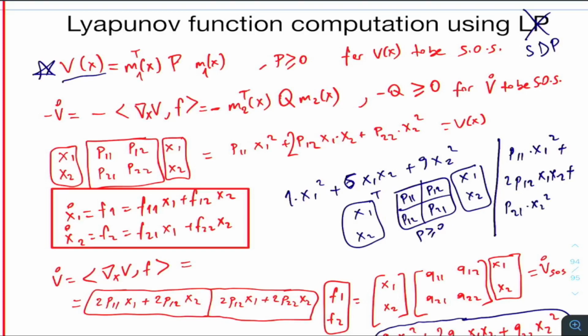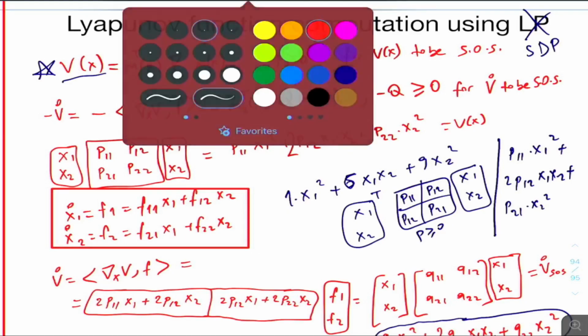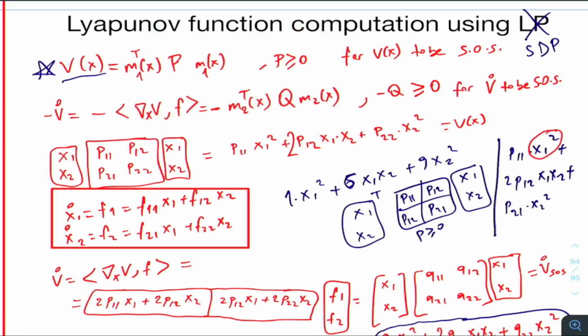Okay, so we are going to impose some constraints, and I kind of feel embarrassed because I didn't give the whole picture, but let's say okay, what are the constraints? You can easily see, right? Okay, x1 square term and x1 square term, their coefficient must be equal, right? P11 must be directly 1. All right, and